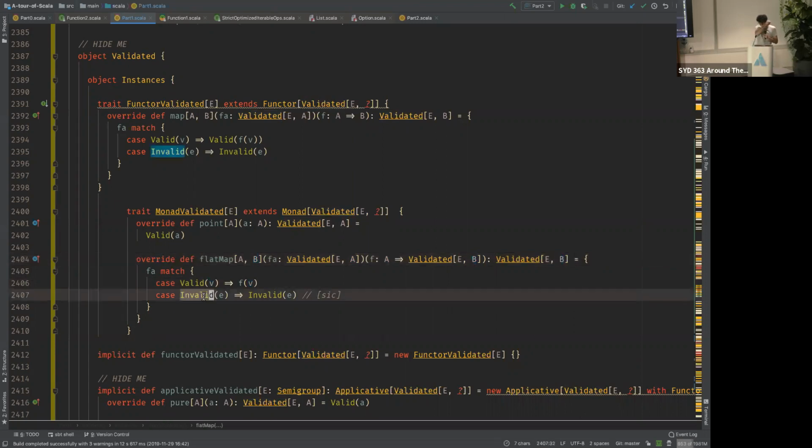Invalid. So we have this E, which is, wait, I'm going to put a restriction here. There we go. E some sort of monoid. And I'm gonna take this E and I'm gonna combine it with the next error. But I can't get the next error